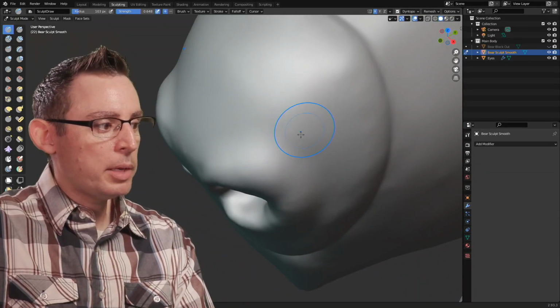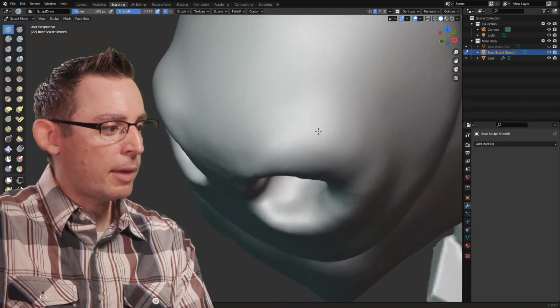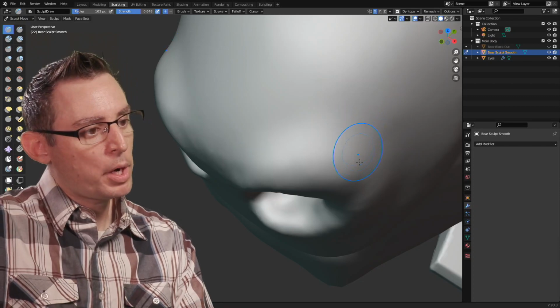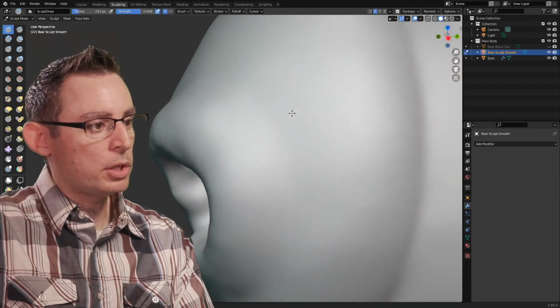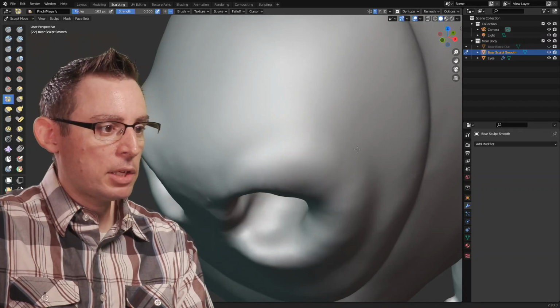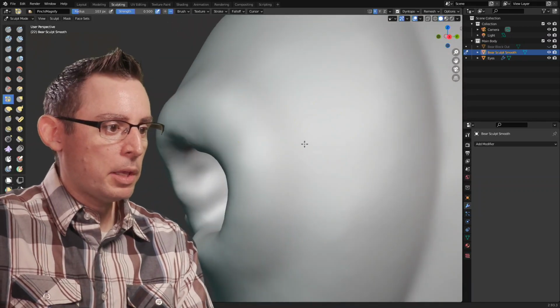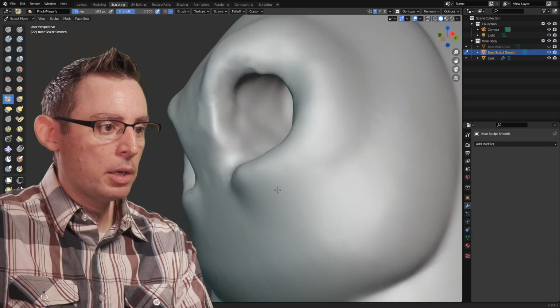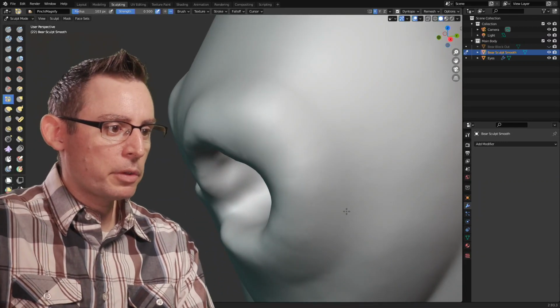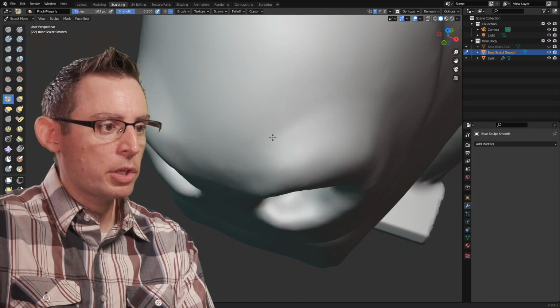Yeah. See how there's a plane break? I'm hoping you guys can see that. There's a plane break. As it comes down, it hits a sharp kind of upward slope and then goes into the nostril. Let's pinch it a little bit, and I'm going to just kind of accentuate that plane break with the pinch. I'm going to take it a little bit further than I probably would, just to make sure that you guys can see it.